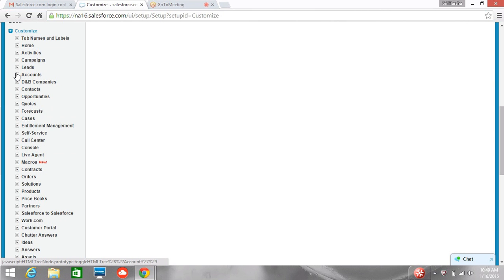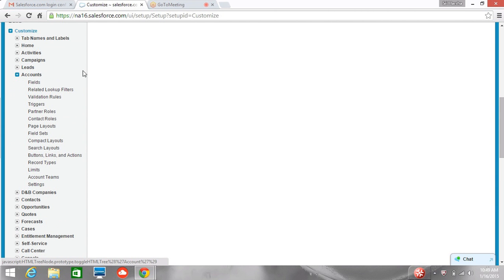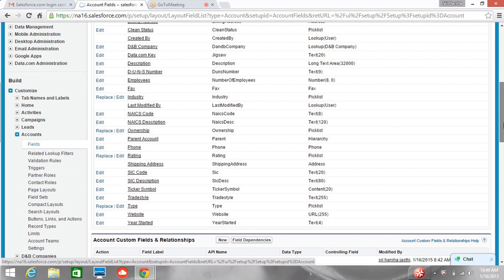So go to the accounts object. Suppose you want to do some modifications on the account object, click on the account object. If you want to create a new field, click on fields. Can you scroll down? The fields you are seeing, the account standard fields, these are all standard fields